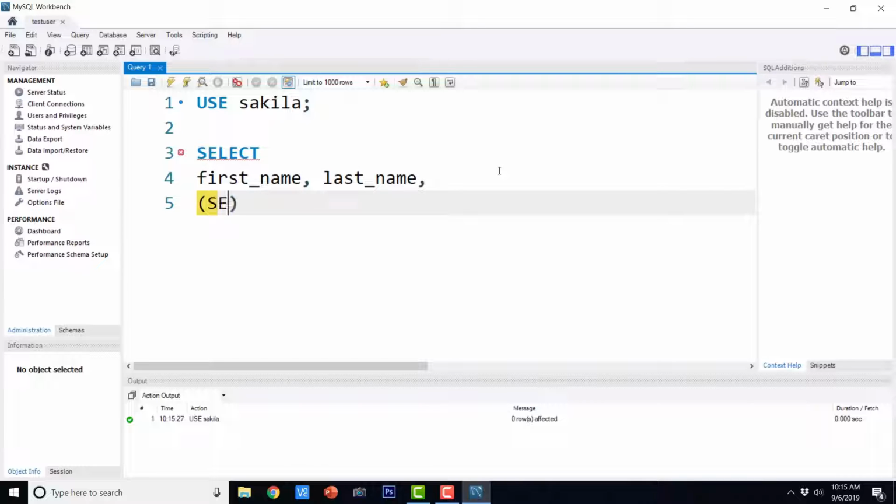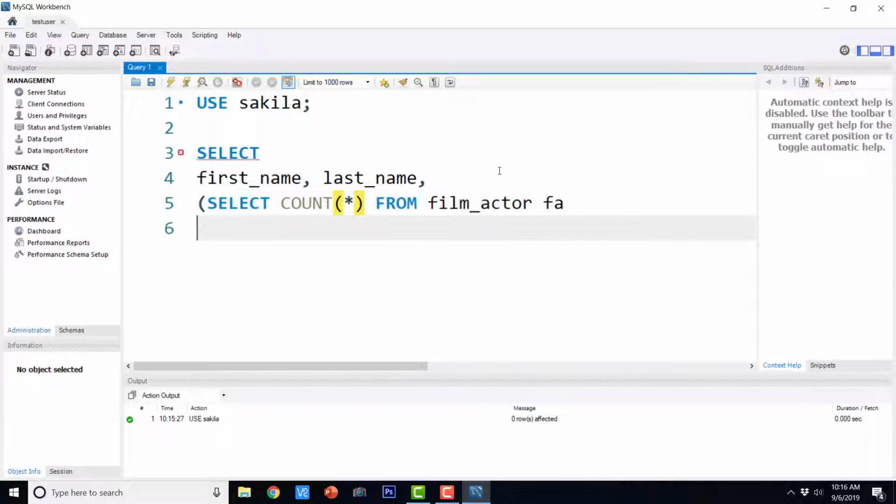Here just say select count of star from film underscore actor FA, where FA dot actor underscore ID equals to A dot actor underscore ID as total films.